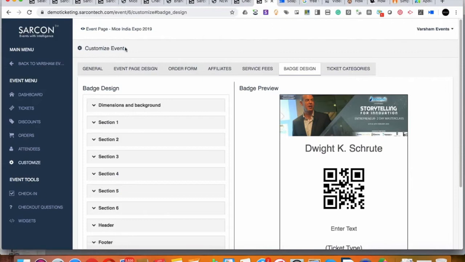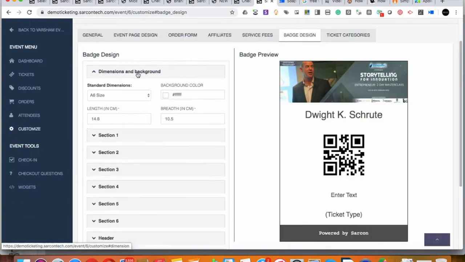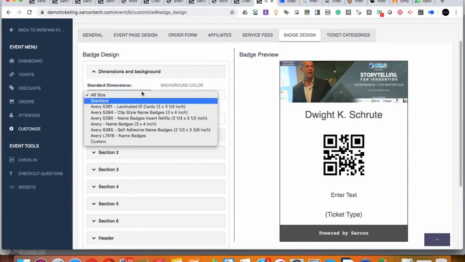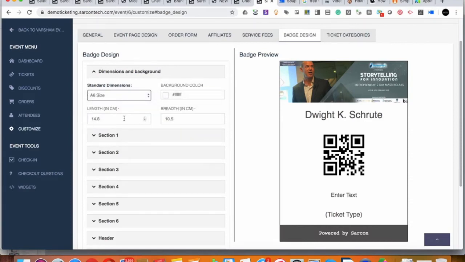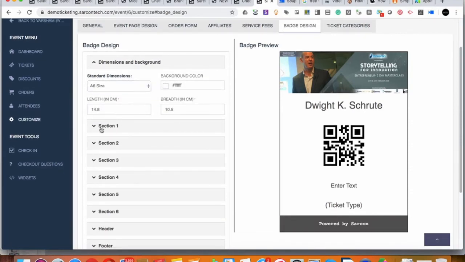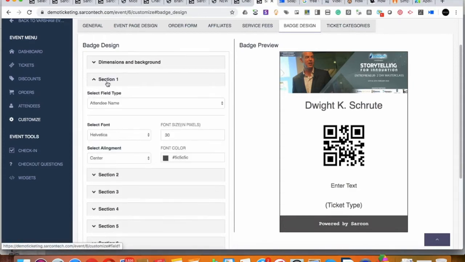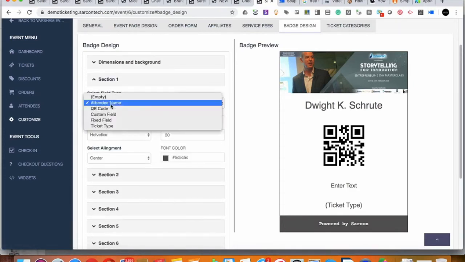So this is your registration system, where you also have your door management module integrated, right? So one part is you go to customize, you have badge design. This is where you customize your badge. So first is you select the dimensions, either a standard dimension or any custom dimension that you want to put in. You can select different sections that are there. So for example, over here you can select whether it's the custom fields that you're collecting for a particular session or for a particular event,